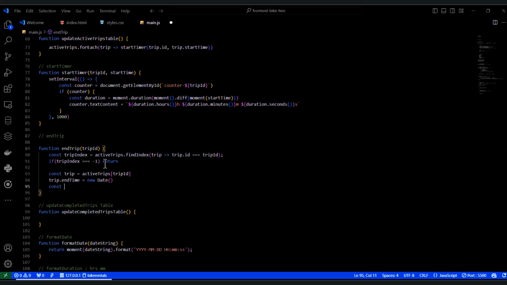And then we will need to calculate a duration. So we will bring in moment.js at this particular point in time. So we'll say moment.duration. A duration is basically a difference between two times, the initial time and the end time. So we'll say our duration equals moment. This is the library that we brought in to ensure that we are not reinventing the wheel while working with time and dates. As you can see, once we pass our string that we generated over here to moment, it is converted into a moment object that moment is able to work with. It now identifies this as a time variable. So we're saying for that variable, we want to get the difference between that variable and